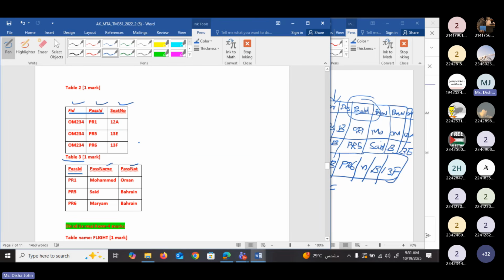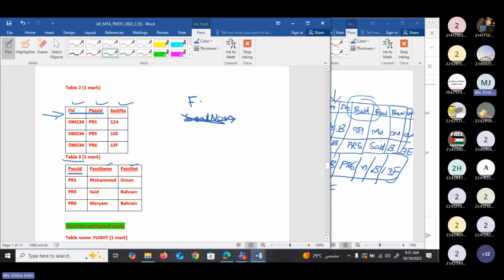Okay, first we are going to check whether table 2, this is table 2, is in second normal form. In the question, it is already given that seat number depends on both the columns. Okay, so if it depends on both the columns, then it is not a partial dependency.